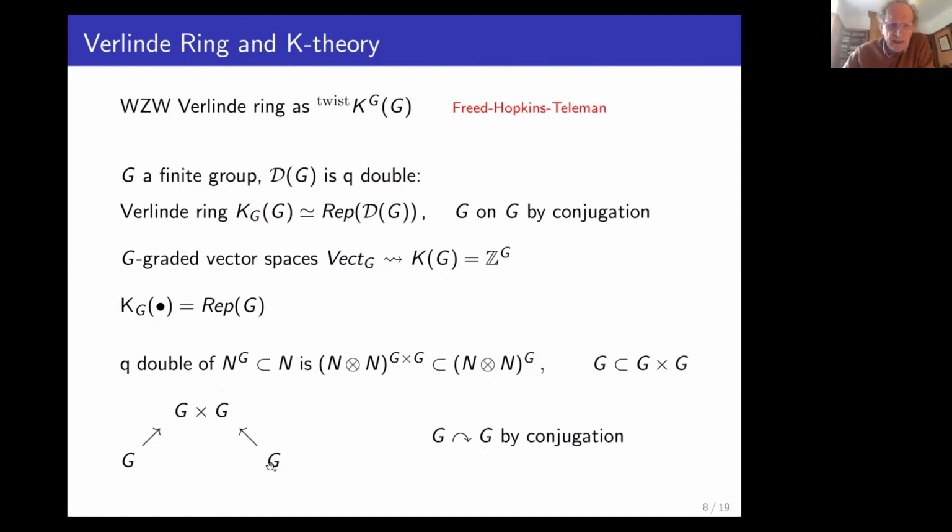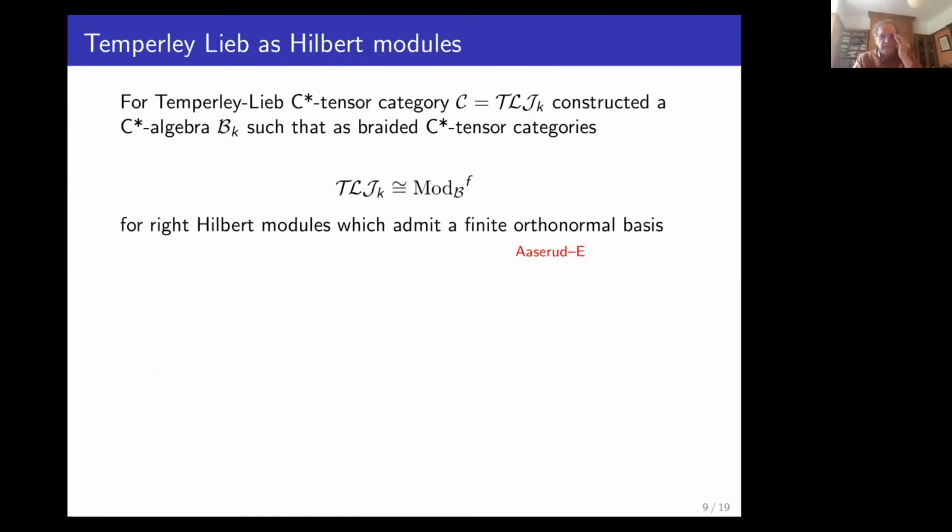But the advantage of the picture on the left is that it's easier to manipulate with it and vary the action on the left and on the right using different subgroups. That's a key feature of what Terry Gannon and I have done, which will come out later. Okay, so the